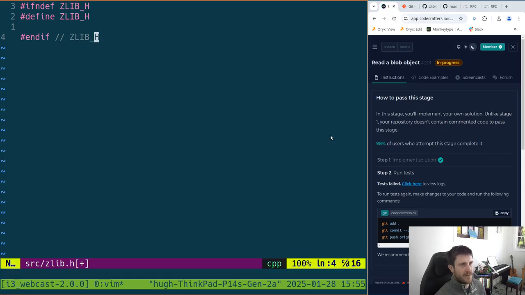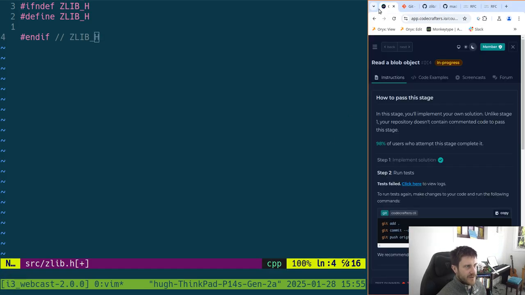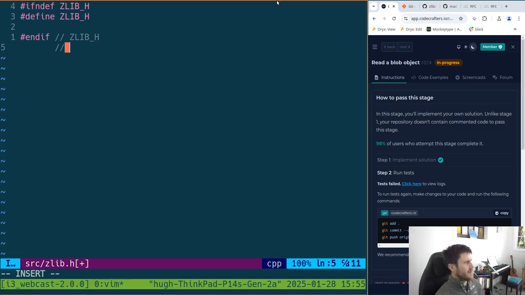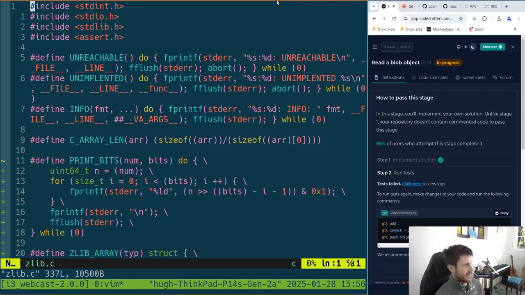I wonder if zlib itself kind of used it, so it may clash with that. And then after this we do an ifdef ZLIB_IMPLEMENTATION, then we do the implementation side of things there. So if we look at what zlib.c does, what we can do is